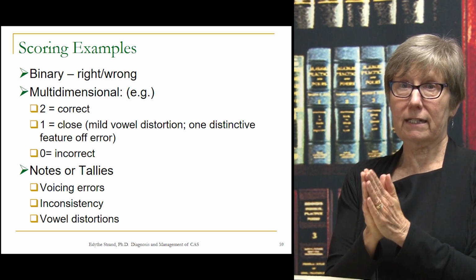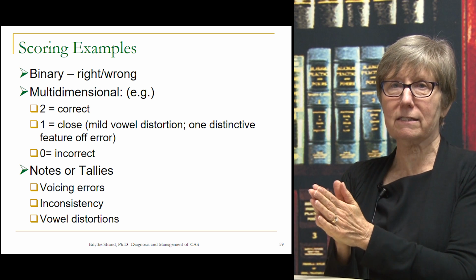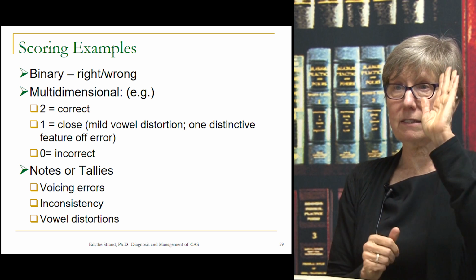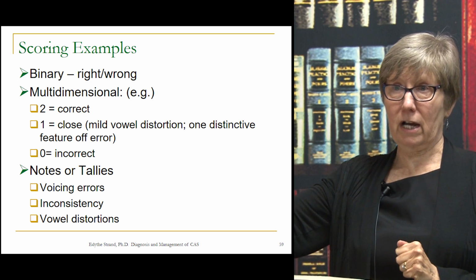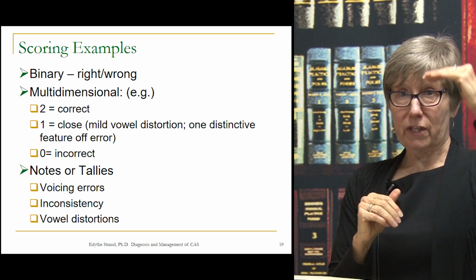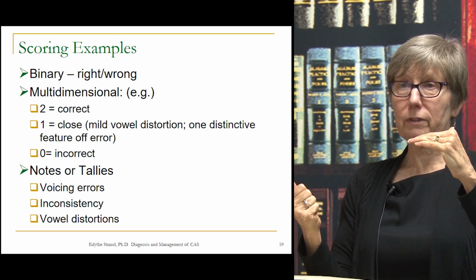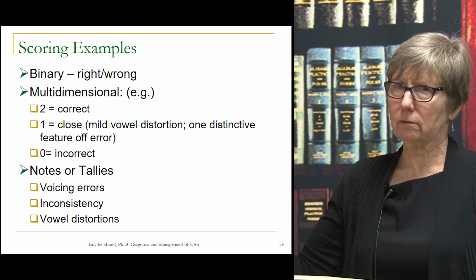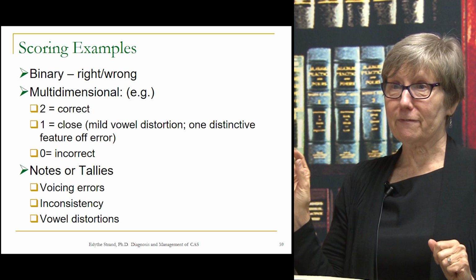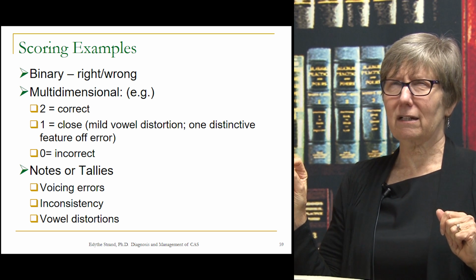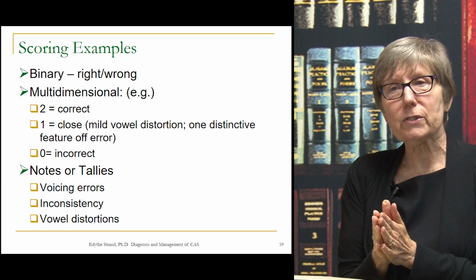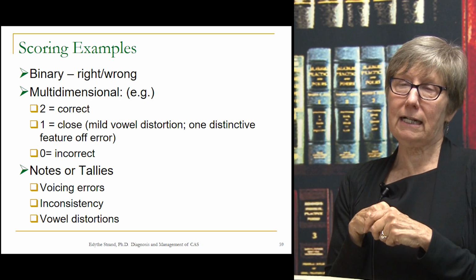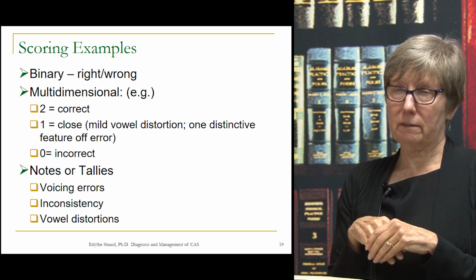So we use binary, that is a 0 for no and a 1 for yes, for consistency and for prosody. So prosody is either right or wrong, consistency is either there or not. For vowels, we use a 3-point system. 2 if it's right and correct and we're sure. 0 if it's incorrect and we're sure. And a 1 if we have to say to ourselves, was that right? And we found this was the way we got the best reliability. And then overall accuracy is done in a larger multidimensional scoring system.